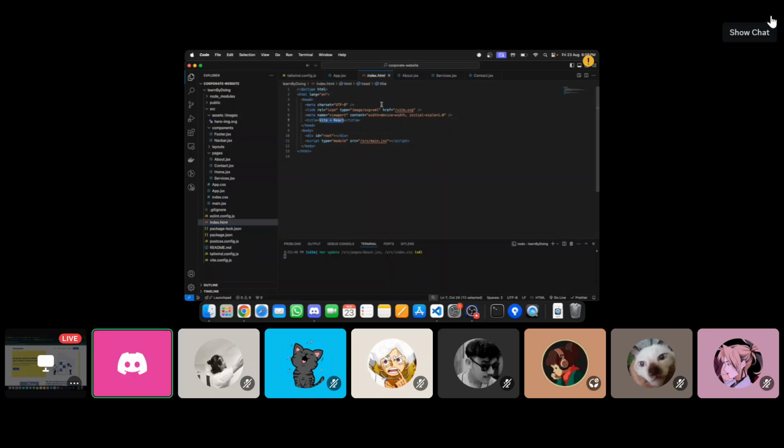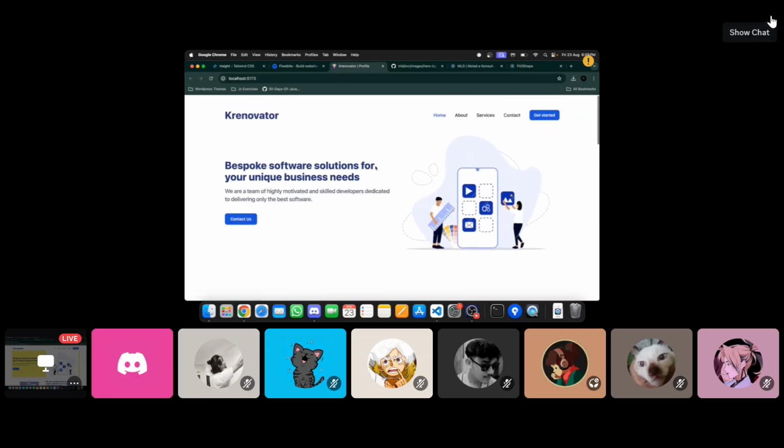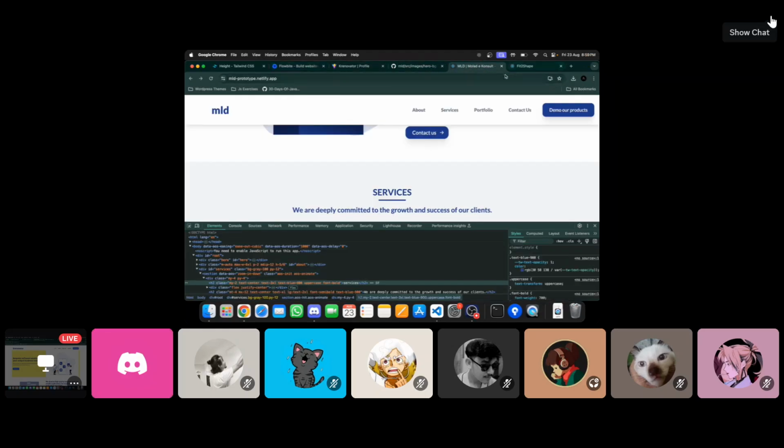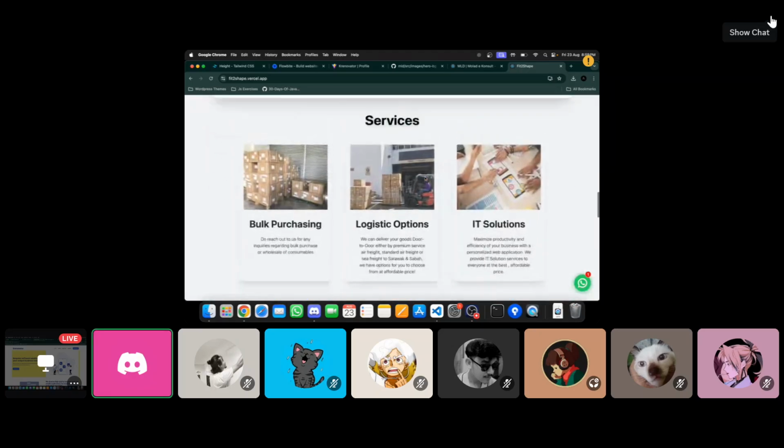So we can change and go to the syntax.html and change it later. Or, since this is like a software house or something like that, okay, profile, then services.